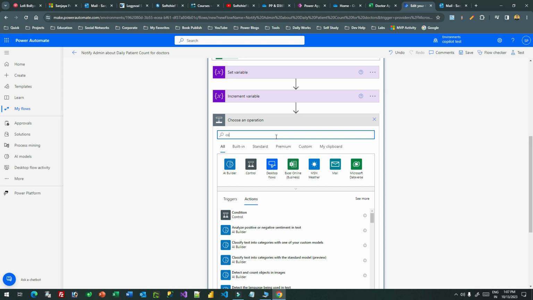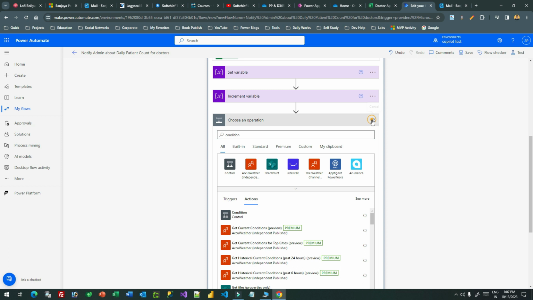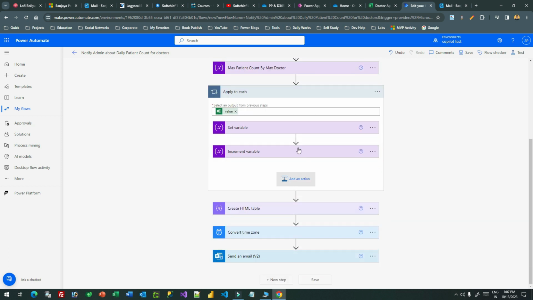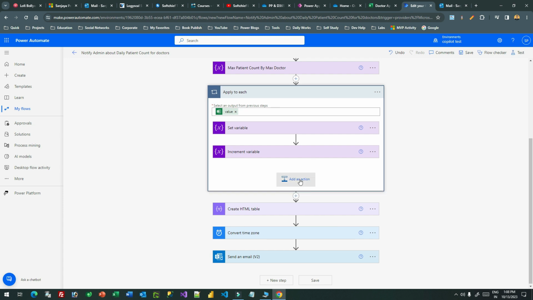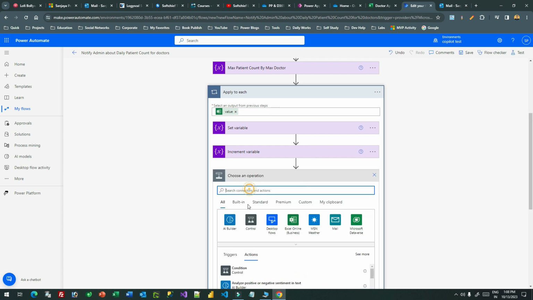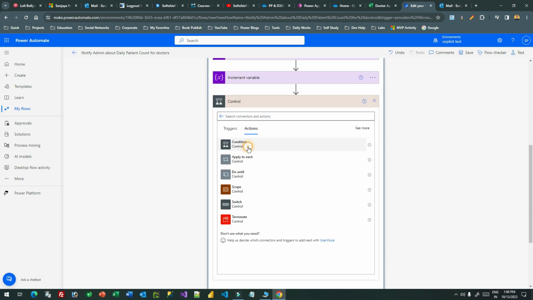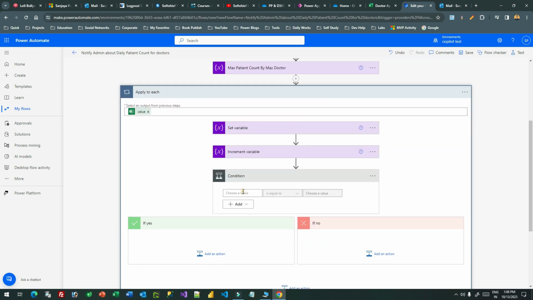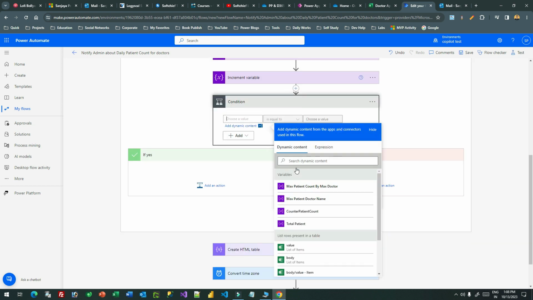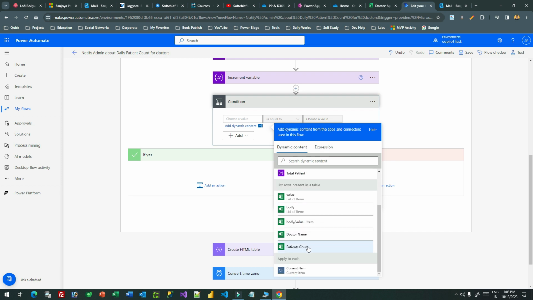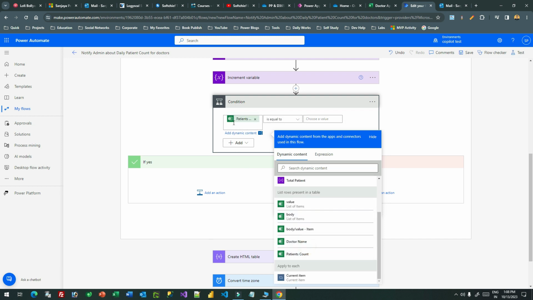To compare, you can use condition. So use control and condition, and here you can mention if the current record's patient count